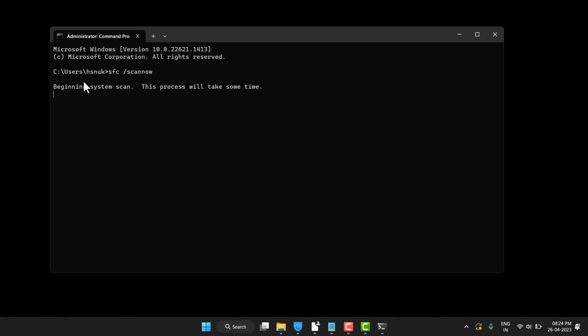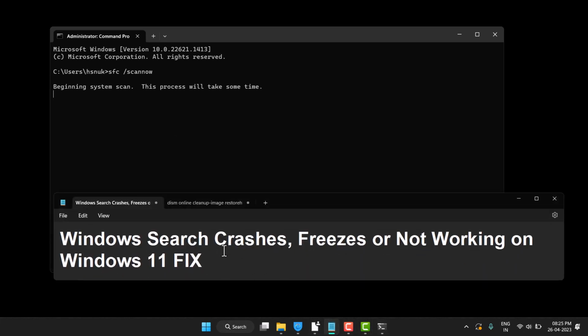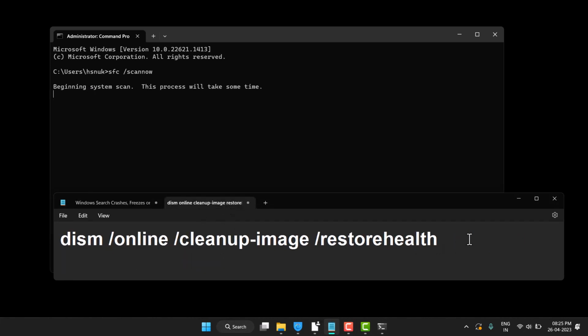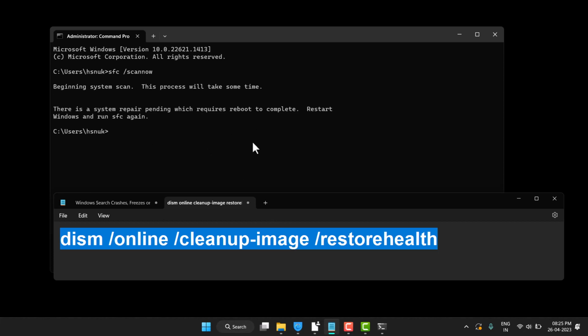Then type the second command. If you comment, I will give it in the description box. So this is the second command. You just need to copy it from the description box and paste it. Once both command processes are complete, close it